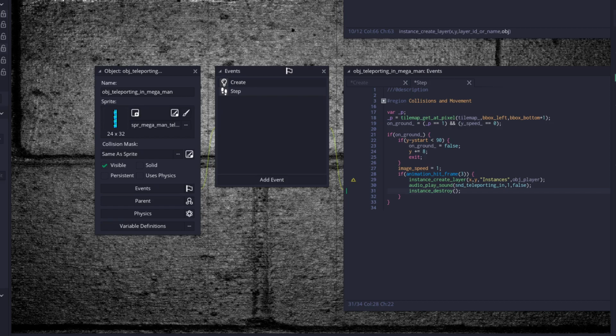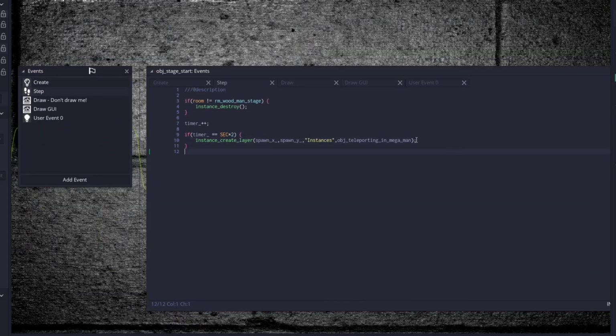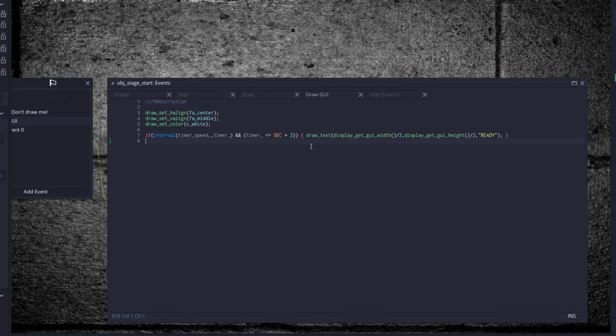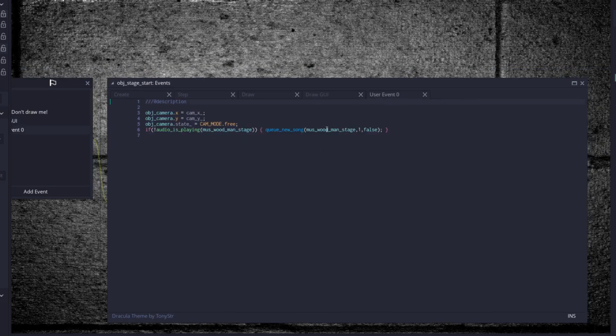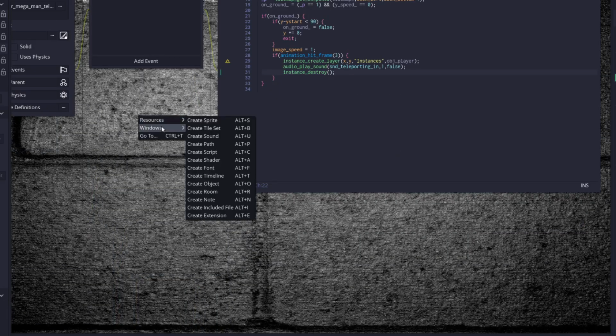We are currently at 13 minutes, so let's see what else we can do. Coming back to our Go object. Let's see, we had teleporting in Mega Man, drawn on the GUI, user event. Nope, we're all done over there. So let's kill all these windows and let's go over to the player objects, create object,